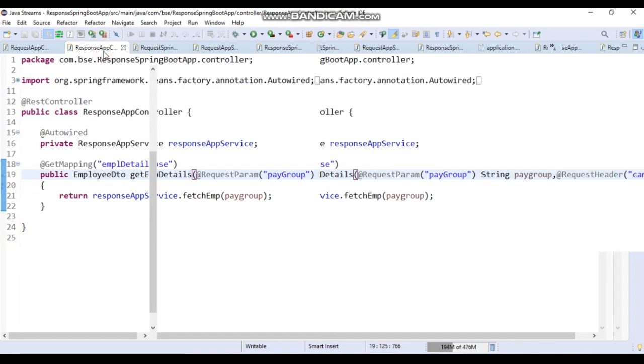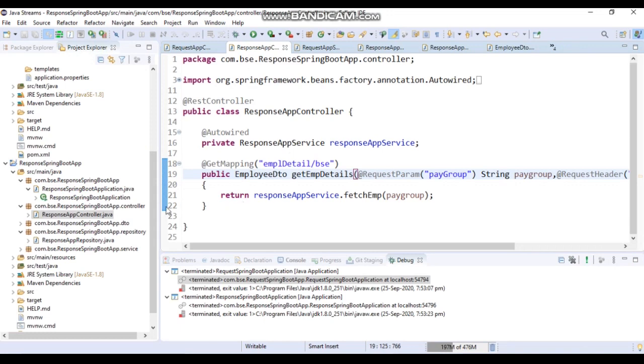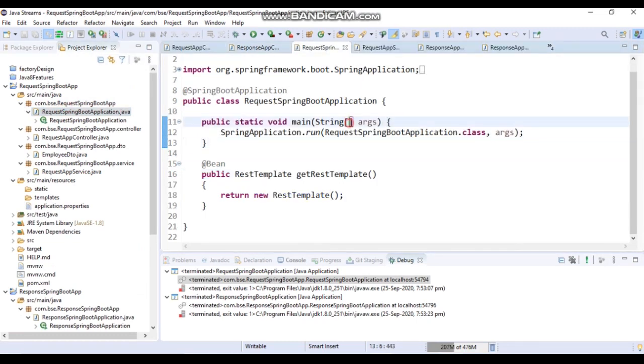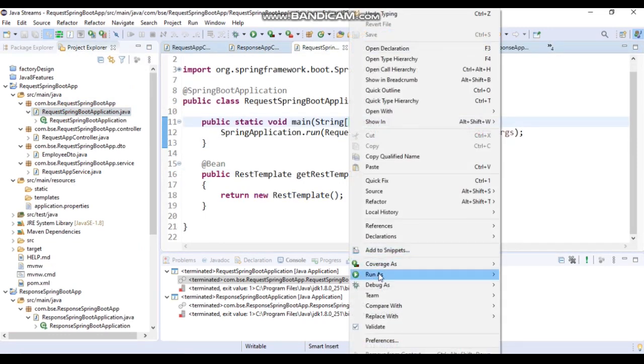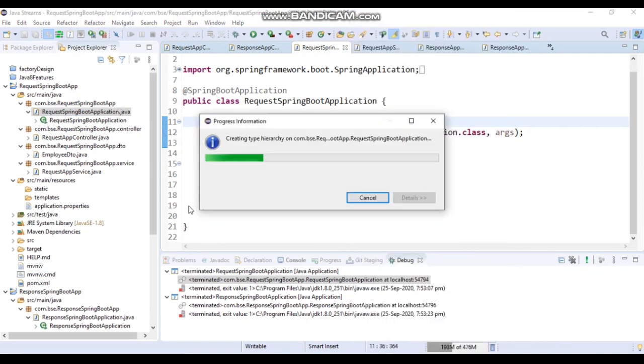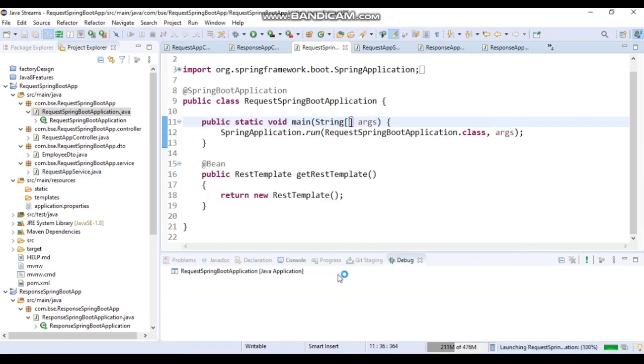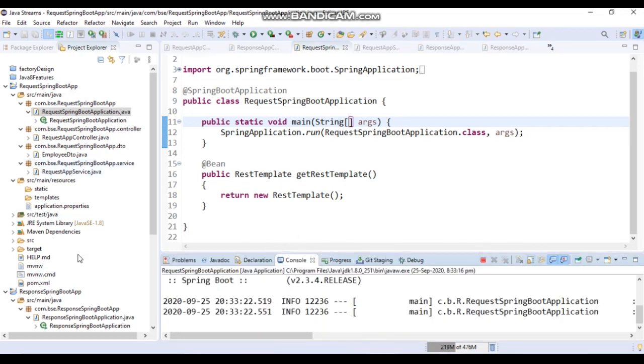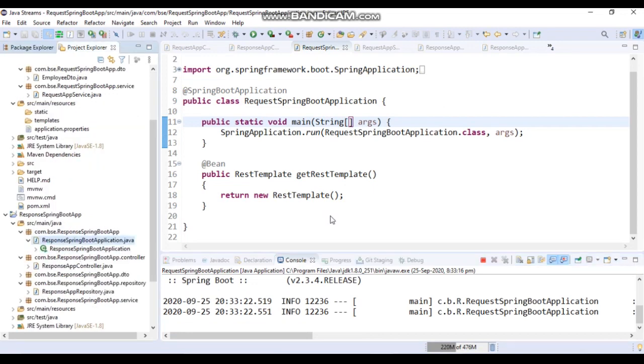Okay, let's start the application and let's hit it from Postman. Let's start it from here, and we will start this application also.